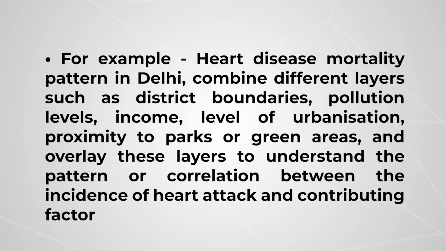For example, if you are interested in exploring the heart disease mortality pattern in Delhi, we can put together different layers such as district boundaries, pollution levels, income, level of urbanization, proximity to green areas, etc., and overlay them on each other to understand the pattern or relationship between incidence of heart attack and the contributing